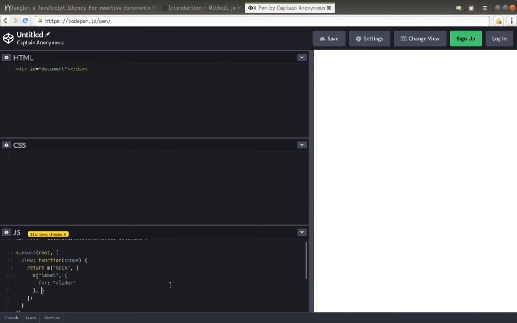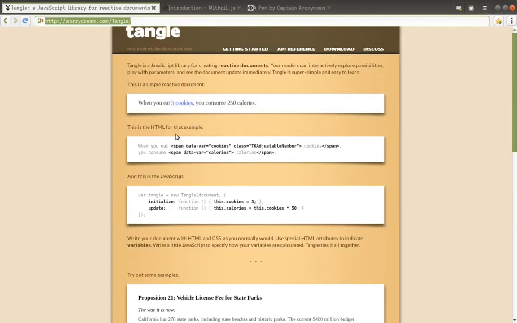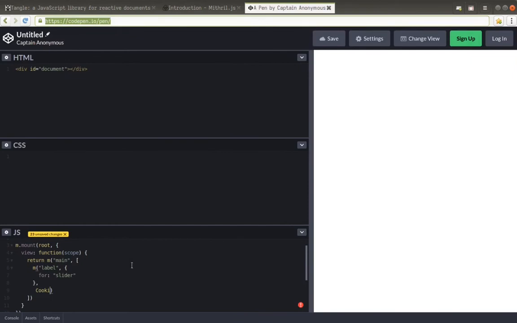I'm going to use the very same semantics as what was in Tangle, and I'm just going to use a cookie example. So we're just going to call it cookies. So cookies, and let's create our slider. Input type equals range,